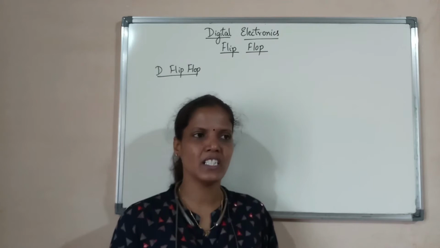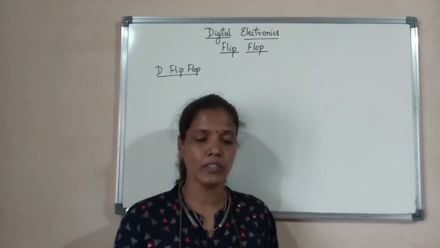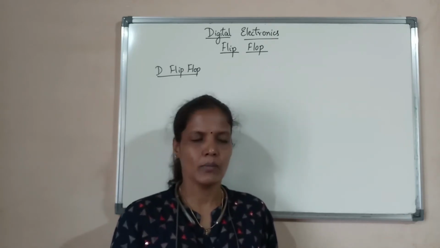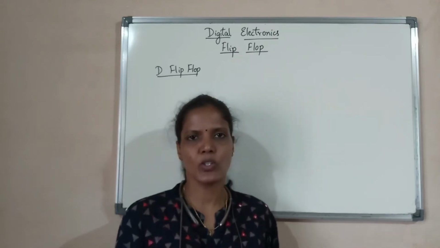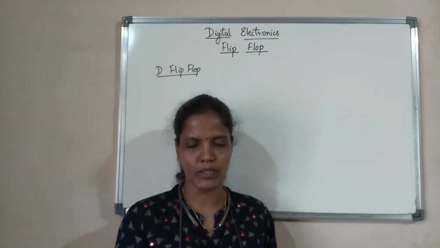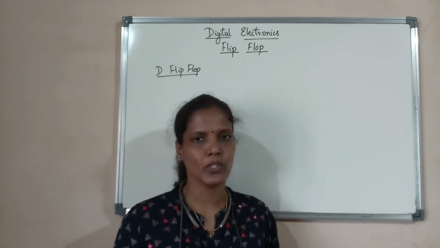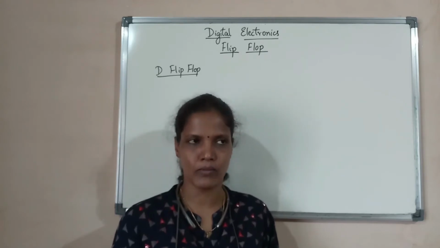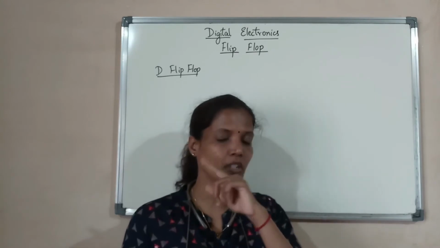But invalid condition is not desirable in the flip flop because we cannot judge whether the flip flop is holding the 1 or the 0, because we say the flip flop outputs are complementary to each other. So one value has to be 0, the other value has to be 1. If Q is 1, Q bar has to be equal to 0, or if Q is 0, Q bar must be equal to 1. So in order to avoid that invalid condition of the SR flip flop, where S stands for set condition and R stands for reset condition,